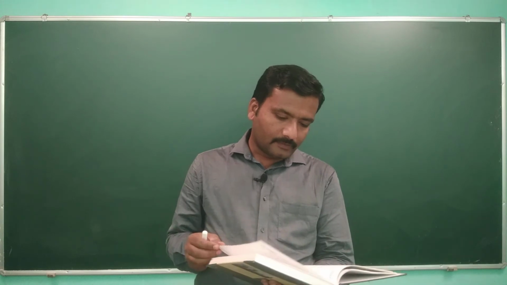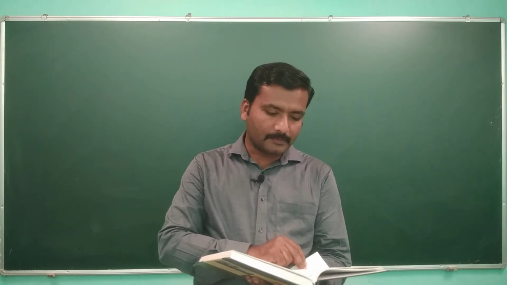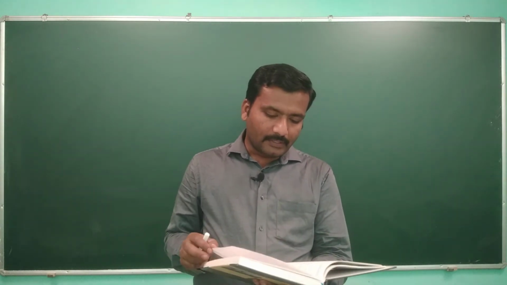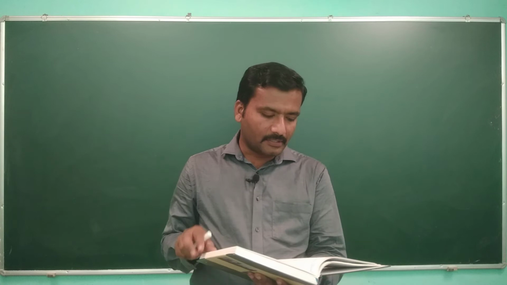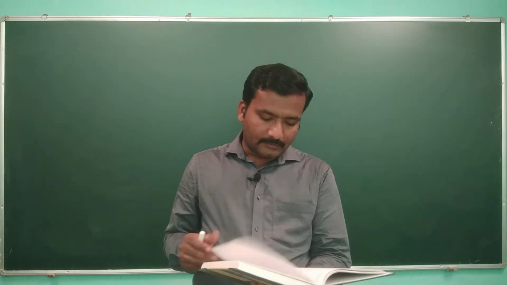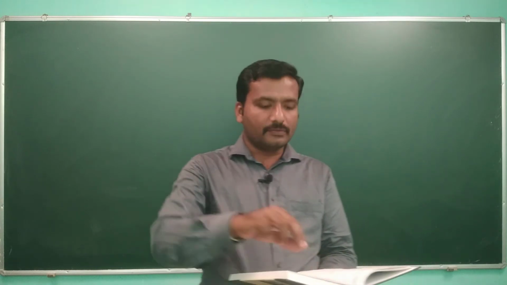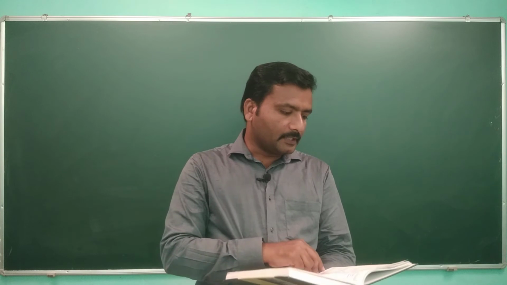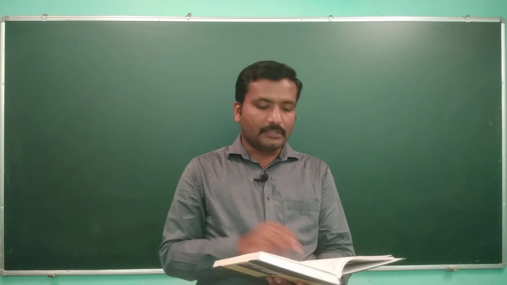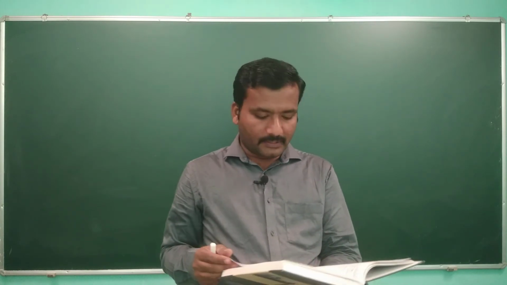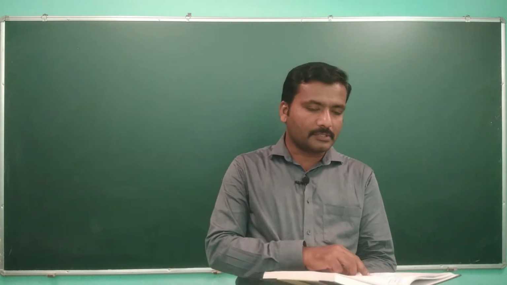Next to that, we will see the refraction through a thin prism. We will define what a thin prism is. Then we will see the refraction through a thin prism using two different methods. We will see a small derivation regarding this in order to obtain the angle of deviation. We will find an equation for the angle of deviation using two different methods. And third, we will see how dispersion occurs when a light ray is passing through a prism. We are also going to obtain an equation for the dispersive power of the prism. These are the things that we are going to discuss in this lecture.